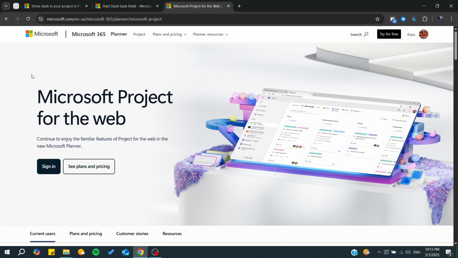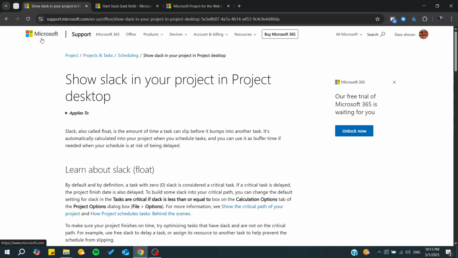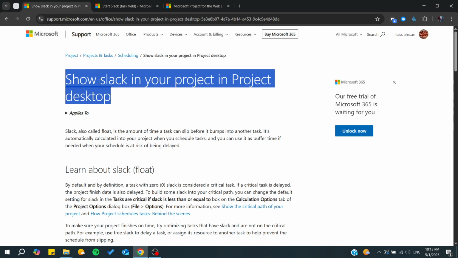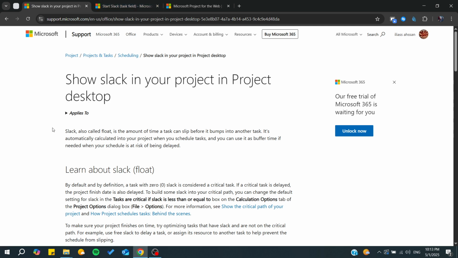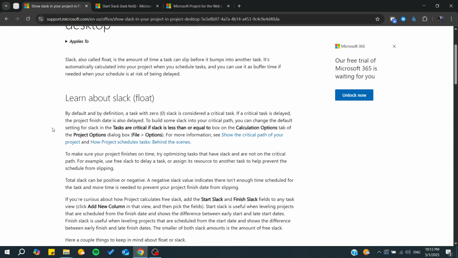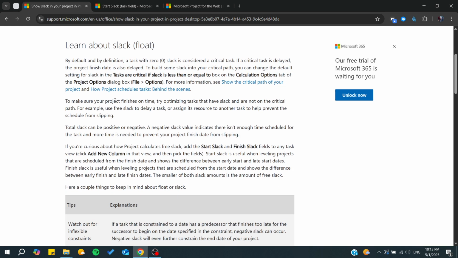In today's tutorial, I'm going to show you how to add or show Slack in Microsoft Project. So make sure to watch the video to the end and follow these simple steps. Basically, for this video, we are going to simply follow the support article of Microsoft, and from here we will be able to know how we can add or show the Slack in the projects. So simply, all we will need to do is to start